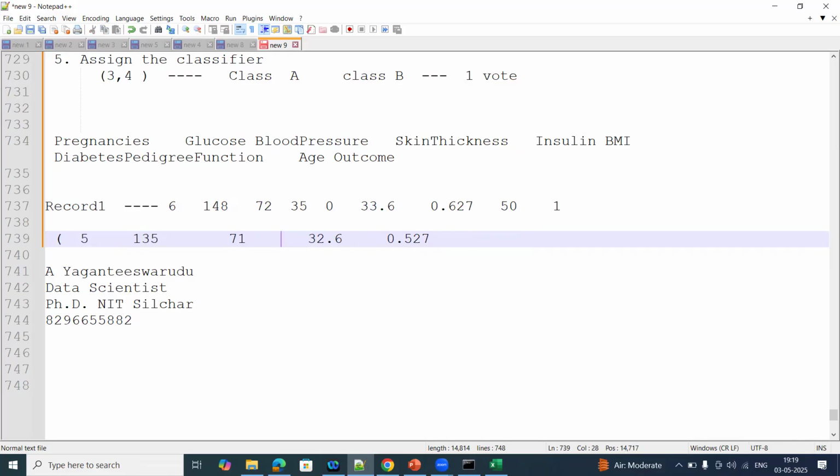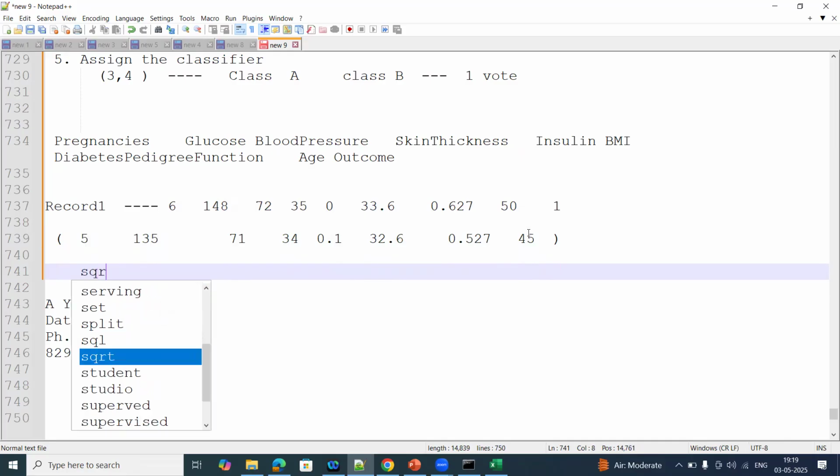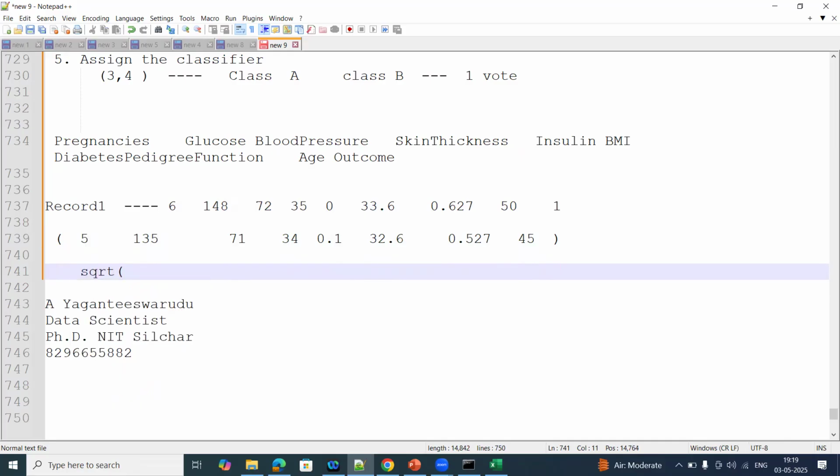Skin thickness is something I can say 34, and insulin is something 0.1, and BMI and diabetes pedigree function, age is something 45. So then this is my new point. You need to apply the same Euclidean distance formula, that is square root of 5 minus 6 whole square, 5 minus 6 whole square, 5 minus 6 whole square plus